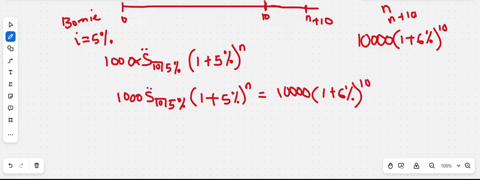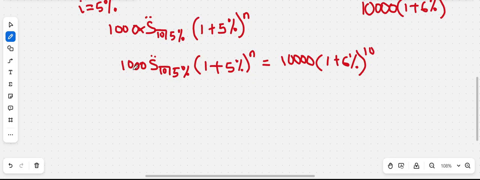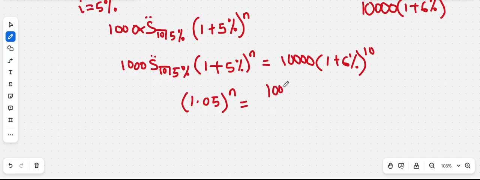So when we resolve this, what are we going to have? You can see I have 1,000 here, I have 10,000 here. So of course, dividing both sides with 1,000, this will leave me with 10. So I'm going to bring the whole of this down here. So I'm going to have 1.05 raised to power n. I hope you don't have a problem with that because 5% is 0.05. When I add it to 1, it becomes 1.05